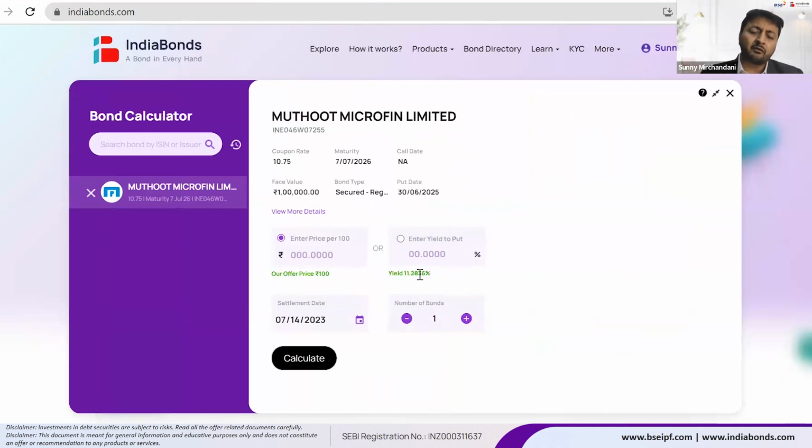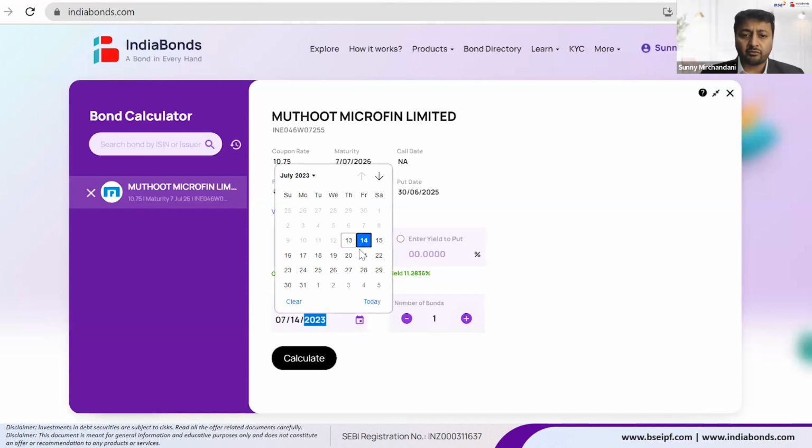Now, let's assume that you want to sell this bond tomorrow and you have held it for some time. So accrued interest calculation will be a little difficult, but you want to sell it. So you want to know at what price you would want to sell it in the market. Let's assume that you want to sell it at 101 rupees. That is, each bond has been given 100 rupees as the base or the face value. It's very simple. When do you want to sell it? You just choose your date.